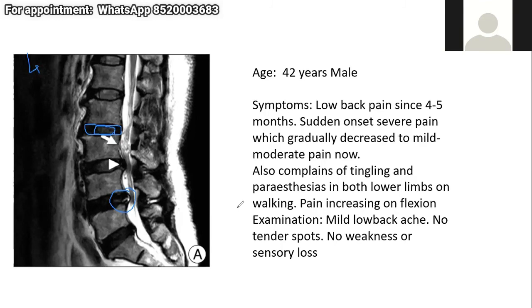Disc mainly. Yeah. Canal stenosis may be because of the disc. It cannot be because of ligamentum flavum hypertrophy. Stenosis is because of the disc. You treat the disc. If the canal stenosis is because of ligamentum flavum, you treat the ligamentum flavum. So this patient is symptomatic because of the disc, so you give exercises which are based on extension.